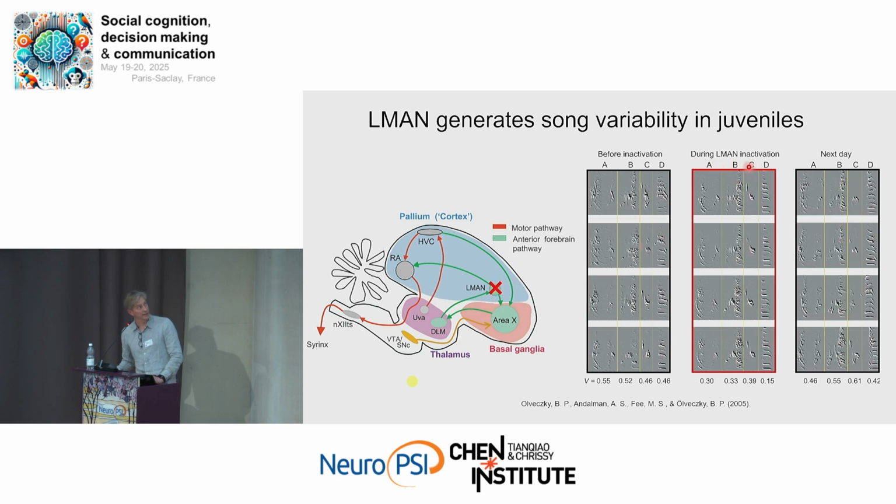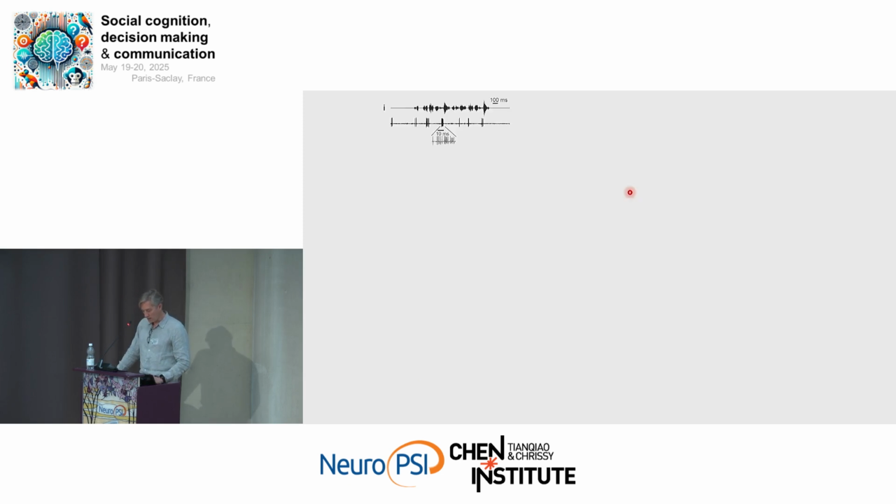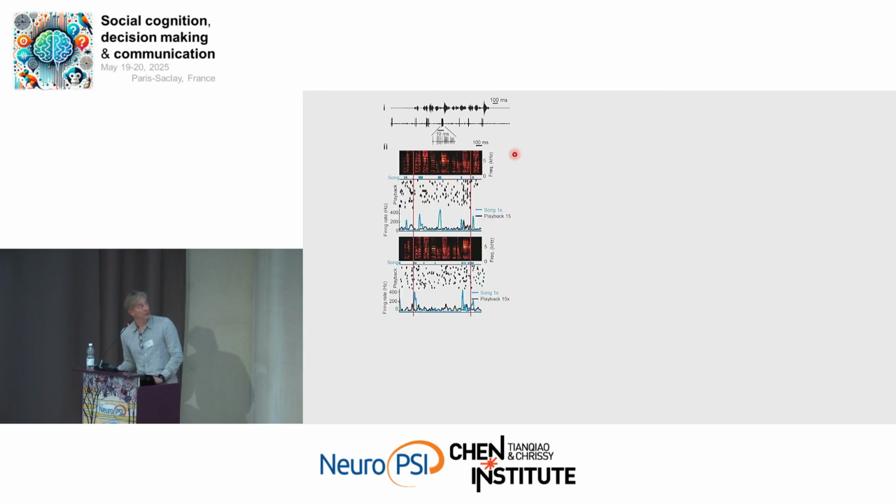You could see when you inactivate L-man, look at the syllable C, and it's very stereotyped here. But when L-man is active, then C is very variable. Okay, so this is how it looks. The bird sings a song, and this is a spike train of a neuron. Here the blue is the song-related spike train. And then Nicola turned off the light and played back that song file to the bird while it either slept or just sat there in the dark. He recorded these spike trains and cross-correlated those. Here's another song, and he cross-correlated those, and he averaged all the cross-correlations.